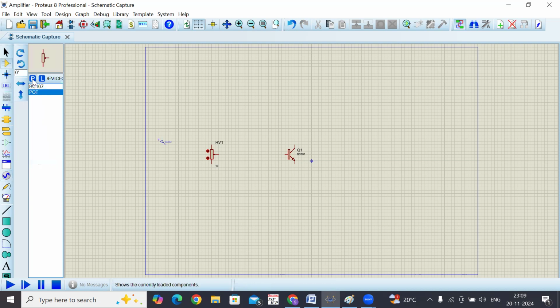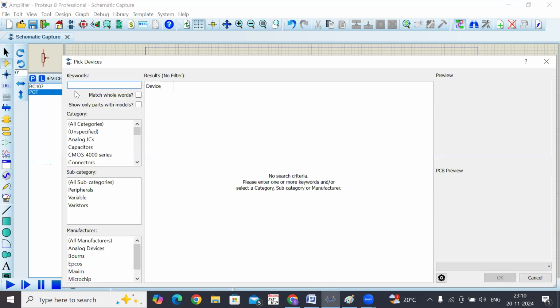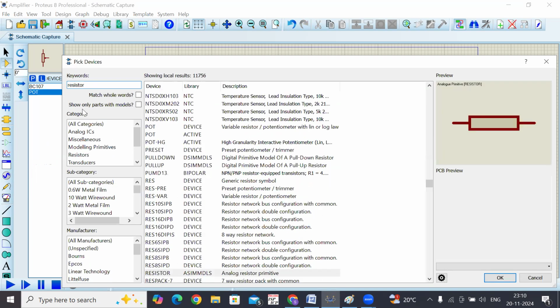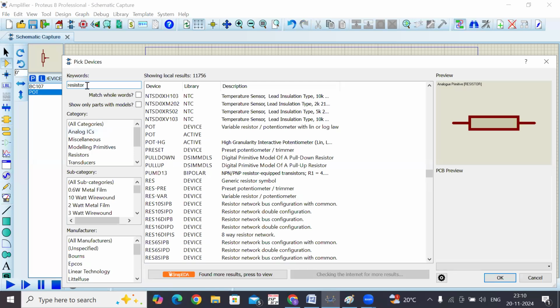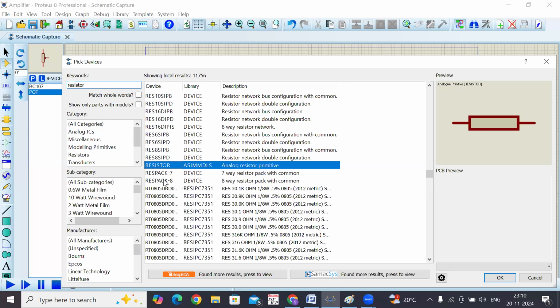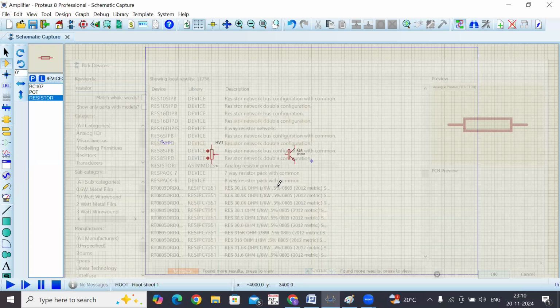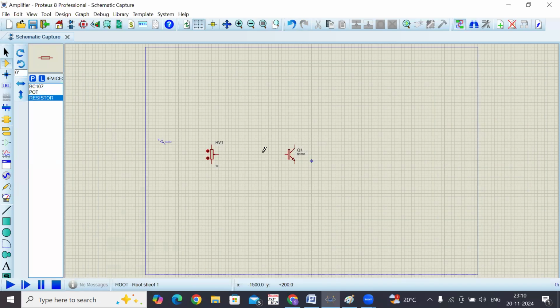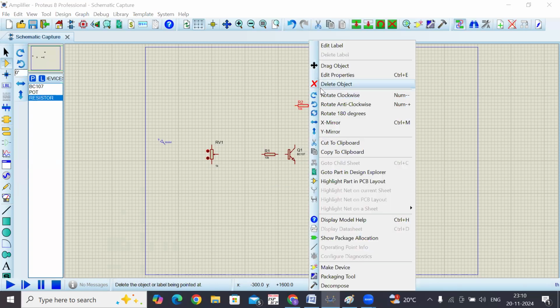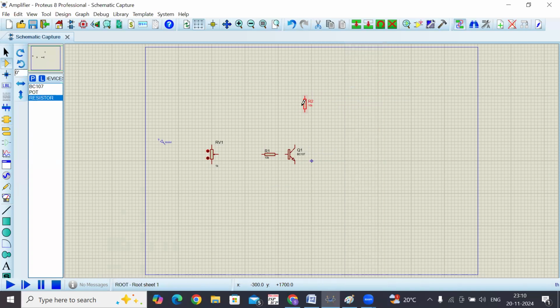Again, go to component, search here for resistor, type resistor. Okay. So we get this one, resistor. Click on this, click on OK. So one resistor we want near the base. Okay. Another we want in the collector side. You just click here and click on right, rotate in clockwise direction and bring this near the